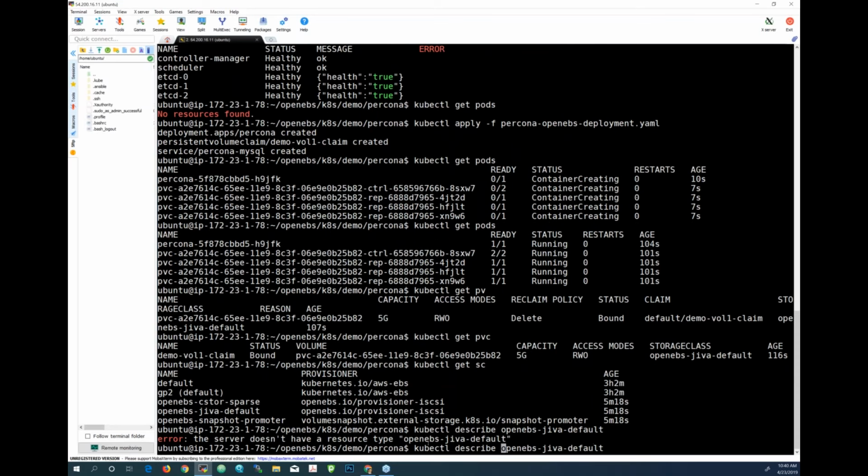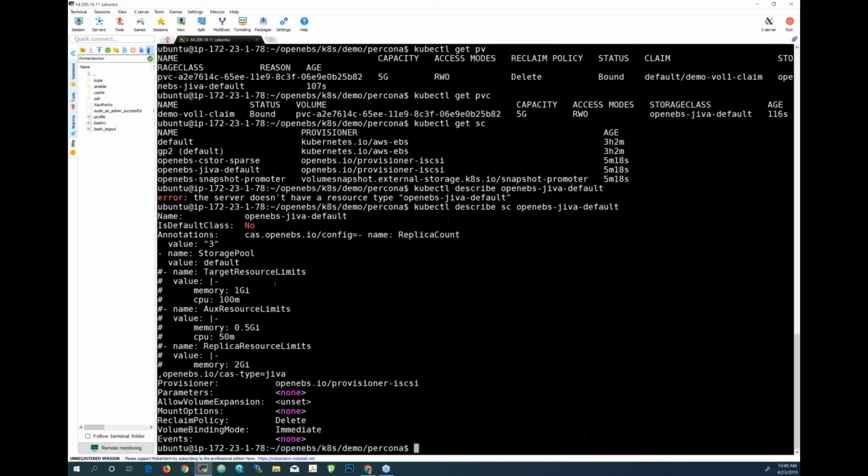Oops, sorry, I forgot. As you can see inside the storage class, there is a default capacity. You can change it with your application or PV claim. And then you can see the replica count that requires 3. So if your application also replicates like databases, you can choose to have 1 replica, but this is a pretty simple step.